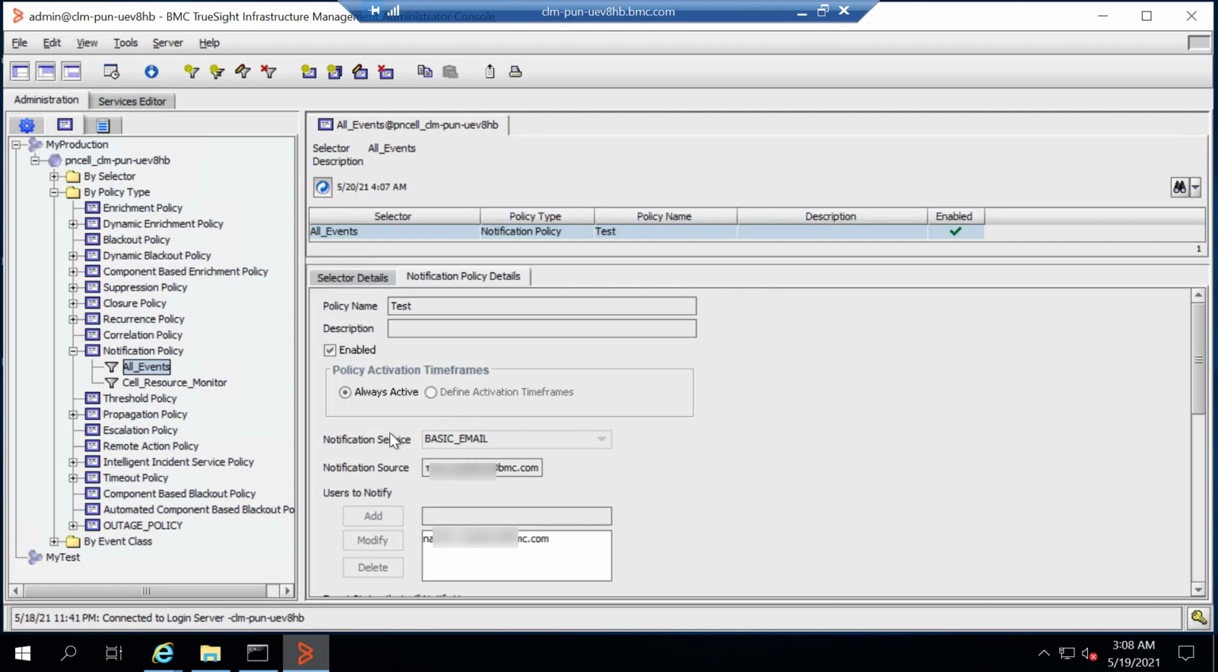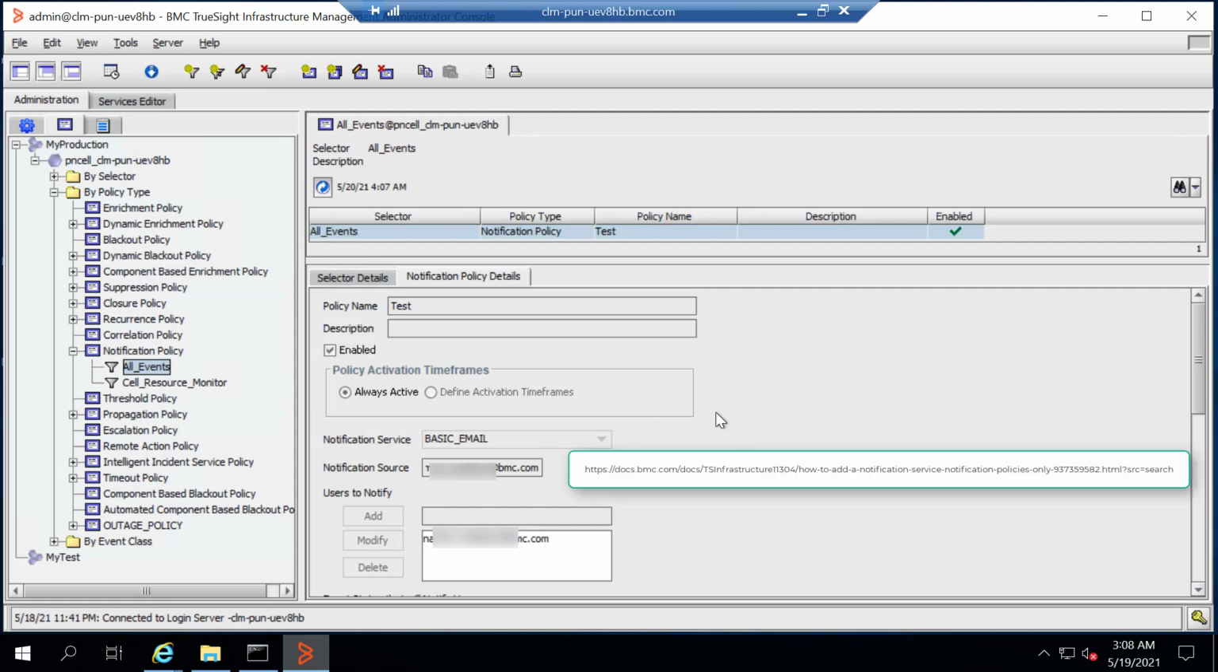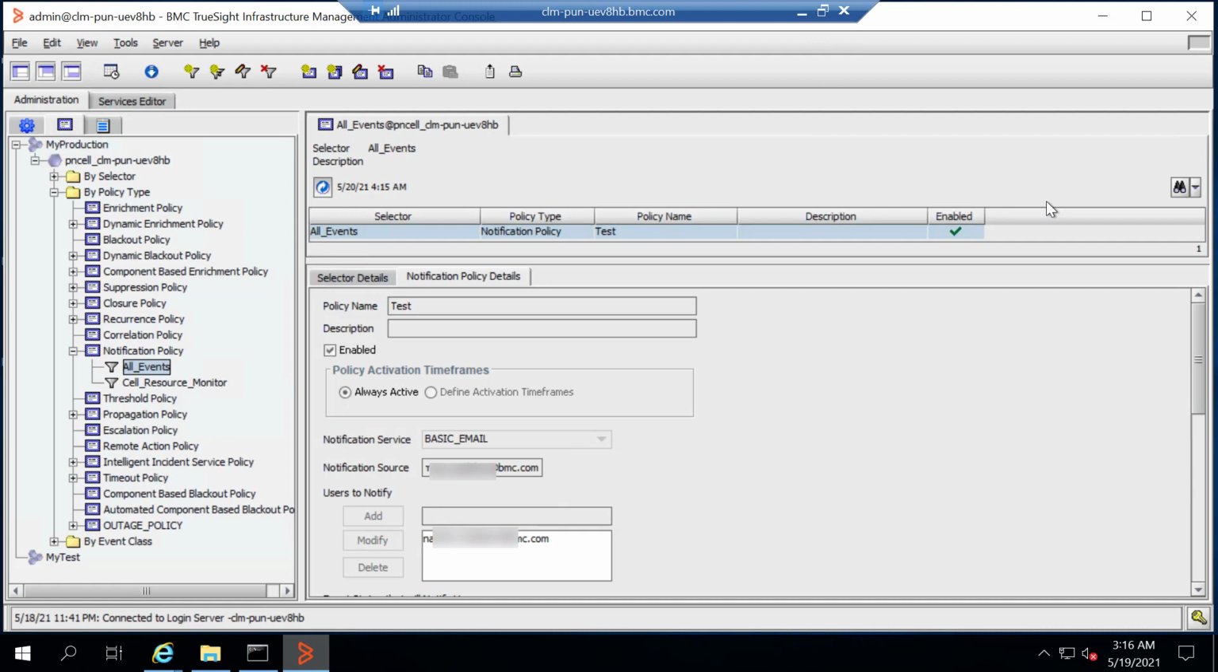First thing, you should verify whether the notification service is not empty. If it is empty, then you should follow the below document link to add the notification service. Then make sure that the source of a notification is set correctly. After setting notification source and notification service, still if the notification email is not working, then check the SMTP server